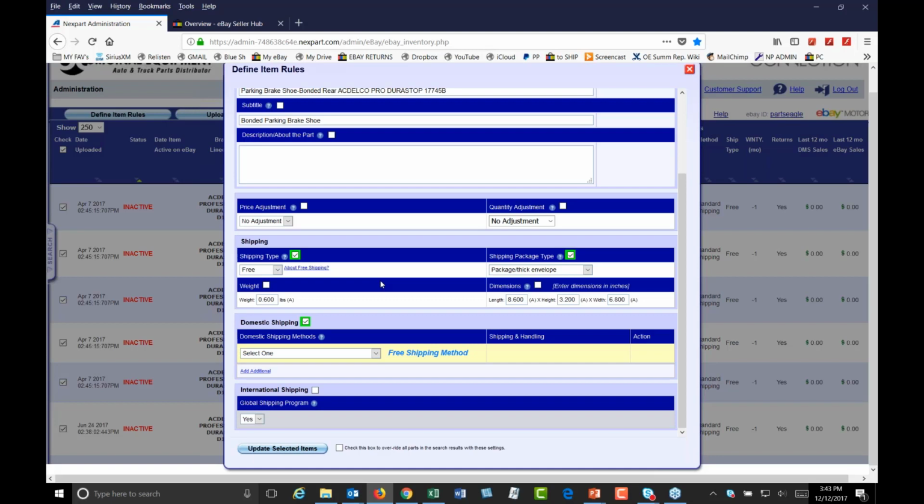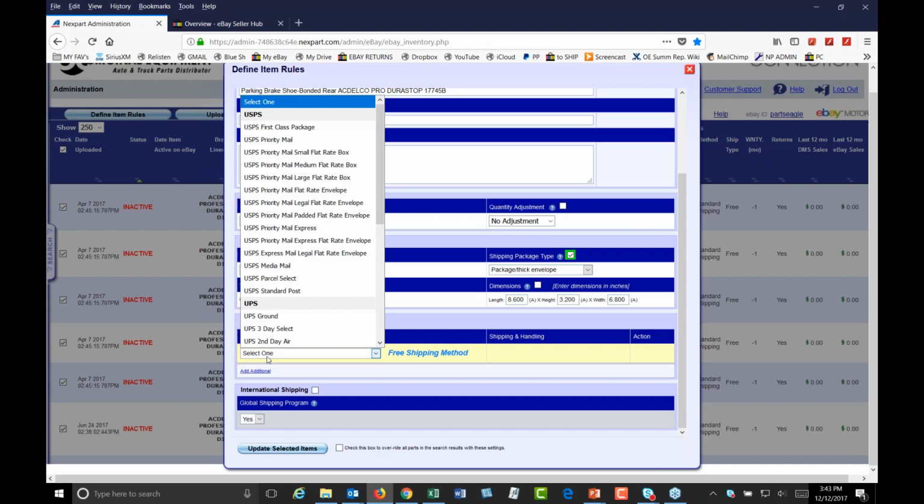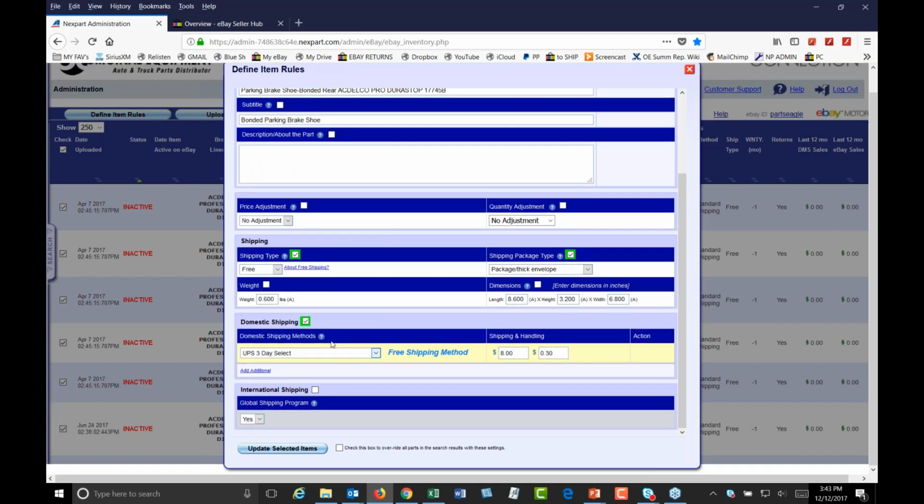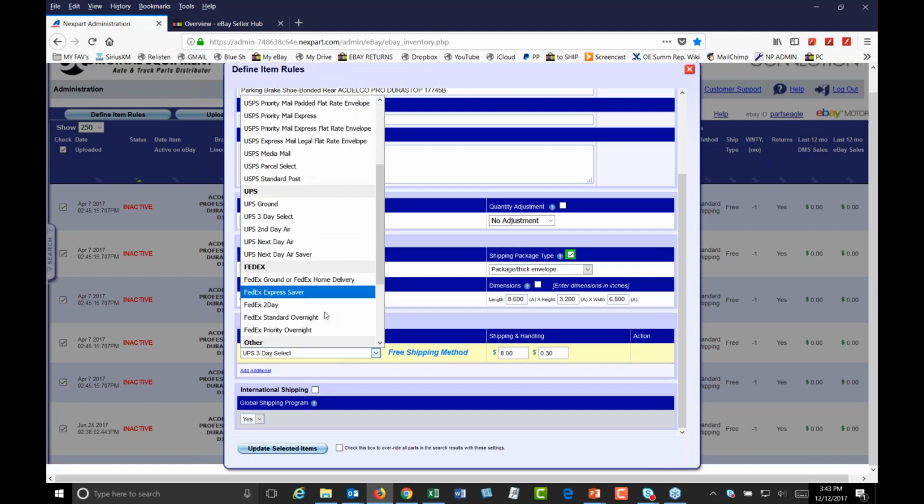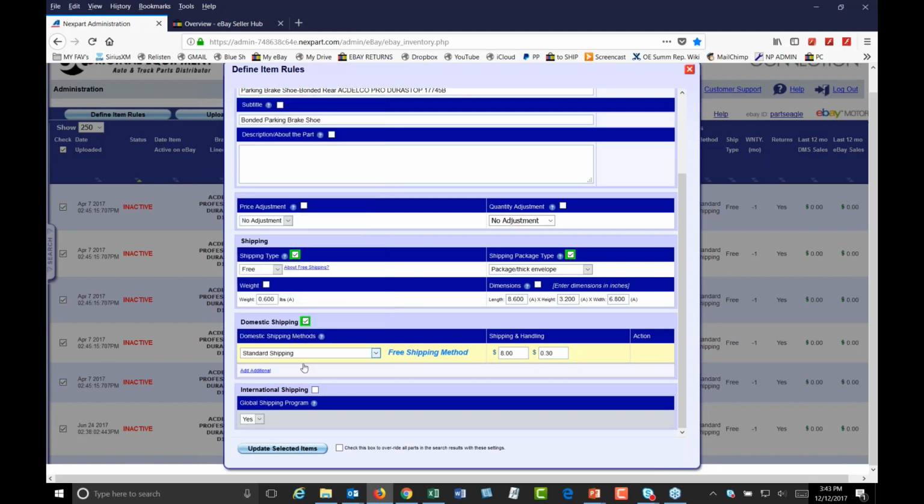And you want to be present, you want to be in that search result, and you want to have your inventory up there so people can find you. Now, here's the one thing to point out here also, guys, is to show you the process of shipping. So if I say in this process here, I'm going to do free shipping, right? I'm not going to particularly assign a particular carrier, because if I'm doing a fixed free amount, it doesn't matter the carrier. As long as I get the part out the door and on its way, that's all that really